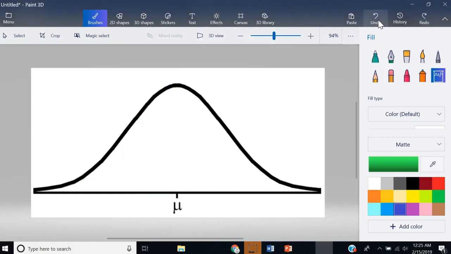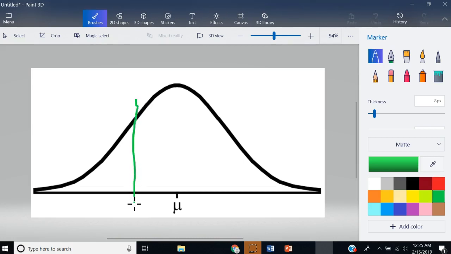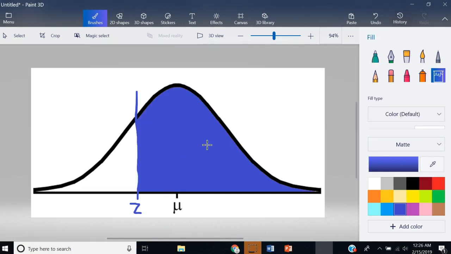Let's go back to our drawing. Again, these are really crude drawings, but that's all we need. We don't need some really fancy, accurate drawing. We just need to get a conceptual idea of what's happening. So there's a z-value somewhere. Let me do this in blue. So we have a z-value somewhere, and the area from this z-value all the way up to positive infinity is